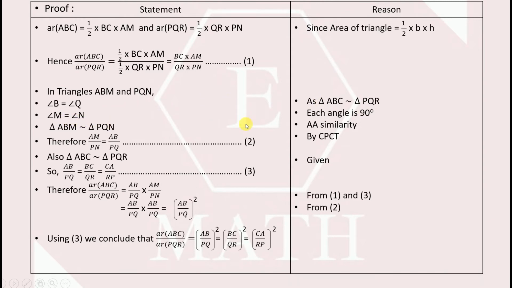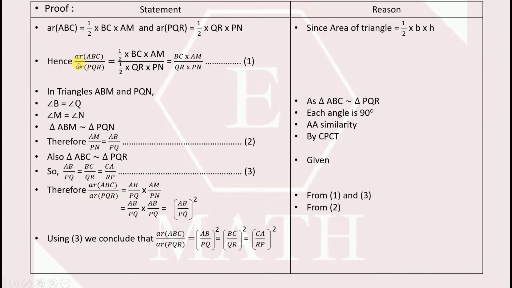And angle M and angle N are equal because each angle is equal to 90 degrees. Since these two angles are equal, we see that triangle ABM is similar to triangle PQN because of the AAA similarity criteria, and therefore we can write AM by PN is equal to AB by PQ, which is our equation number 2. Also, triangle ABC is similar to triangle PQR, right? That's the reason we can write AB by PQ is equal to BC by QR is equal to CA by RP. This is our equation number 3,